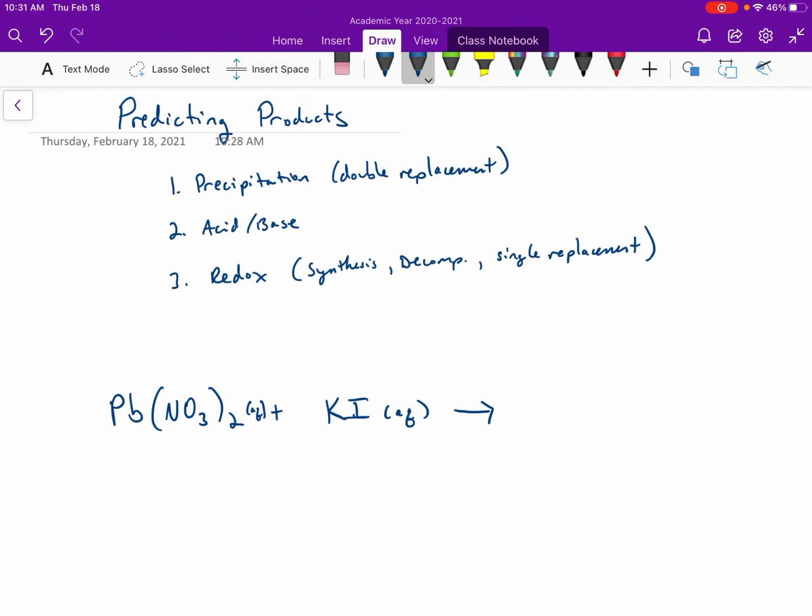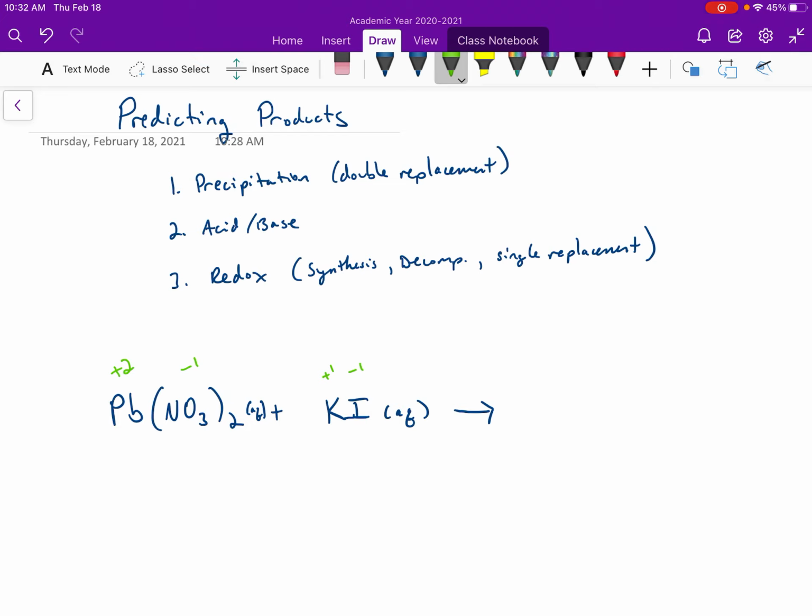now we have to actually make the products. First, I'm going to identify what could go with what. Right now, lead is with the nitrate. Lead is the positive one and nitrate is the negative one. And over here, it's potassium and iodine. Now, what specifically are the charges? Because that's going to come into play later on. Potassium is a +1, iodine is a -1. Nitrate, if you look up on your chart, should tell you -1. If you know that, and you know that there are 2 of them, then the lead here must be +2,